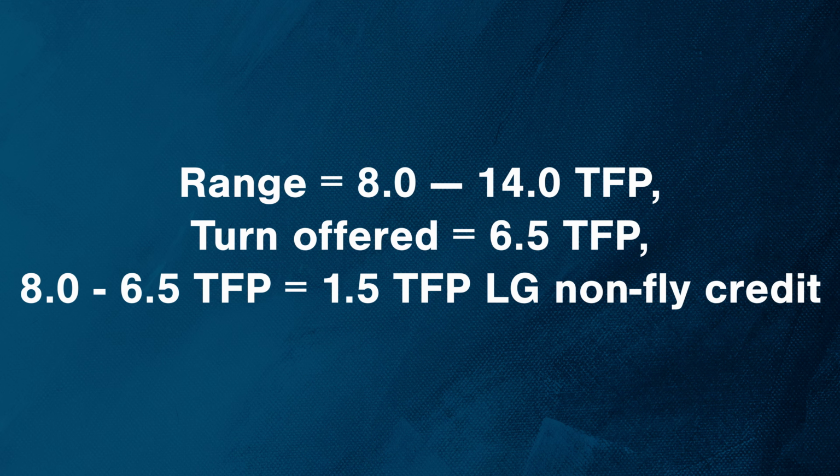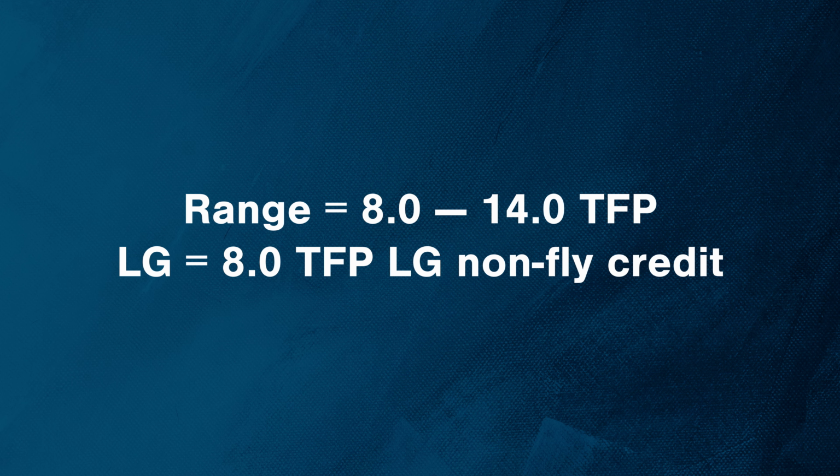With no trips in your range available, you have two more options. First, a single trip offered by crew scheduling that has a trip for pay value less than your open time priority range. The difference between the lower end of your range and this single trip will then be placed on your CWA board with a paid non-fly credit. Second, if crew scheduling does not offer any trip within your open time priority range or less, then a paid non-fly credit equal to the lower value of your priority range is placed on your CWA board at the time